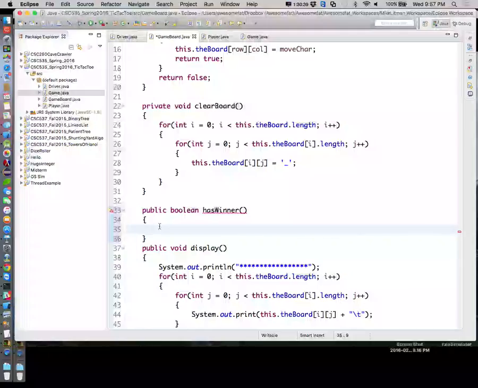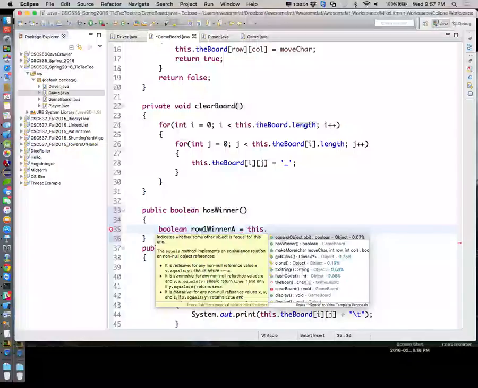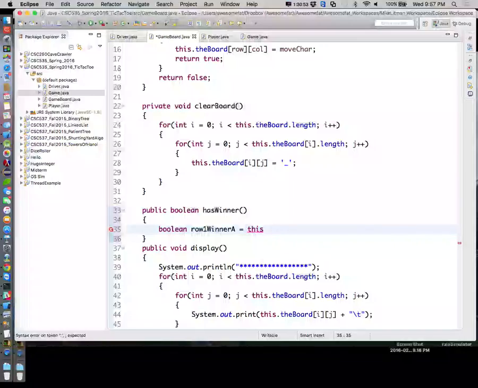So we're going to go ahead and say boolean row1WinnerA is equal to this.board at bucket 0, 0 is equal to an X,